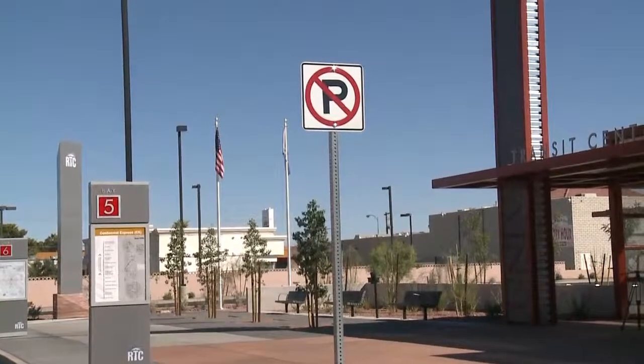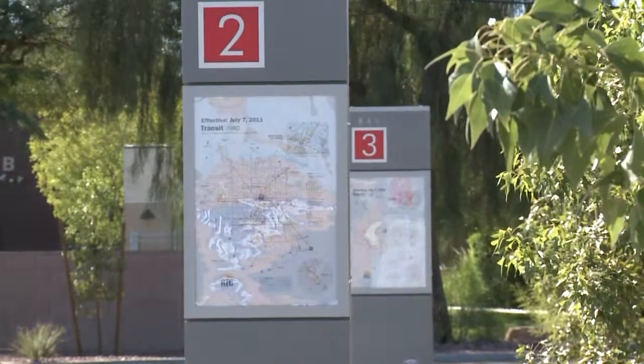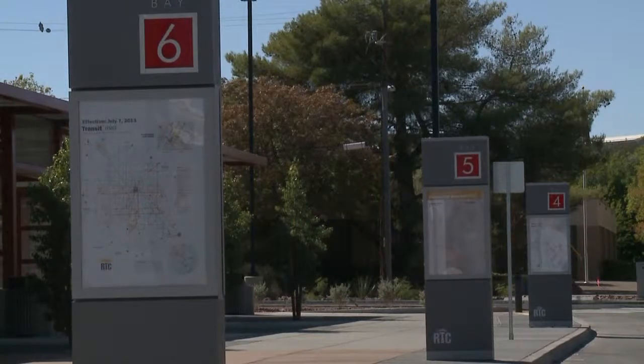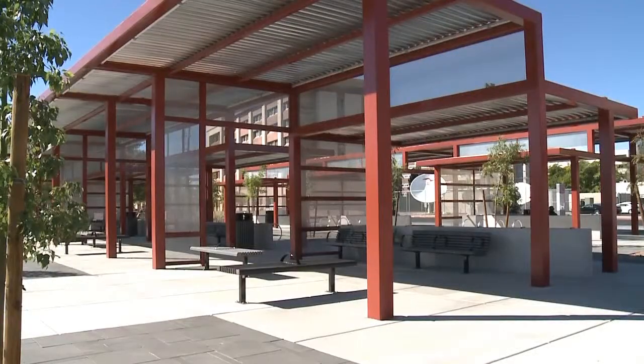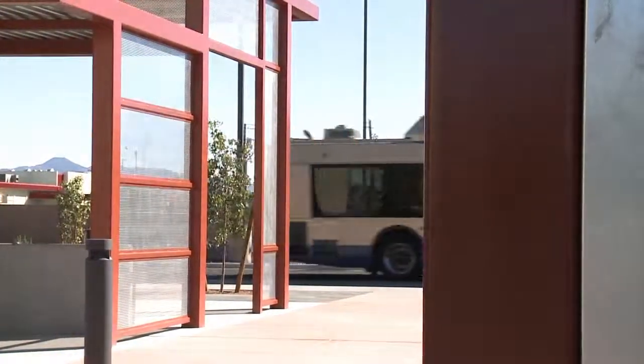The Transit Center, built by the Regional Transportation Commission of Southern Nevada, features 6 vehicle bays for both the Centennial Express route and UNLV campus shuttle vehicles that are soon to come to campus. Honestly, I think it's good for out-of-state students so that they could enjoy what it's like in Vegas, to go explore the Strip, casinos, have fun there, here and there in between tests or after breaks or during winter break